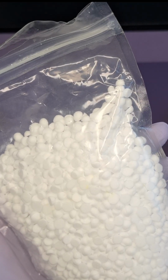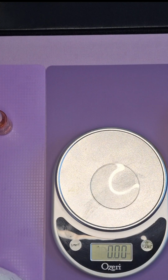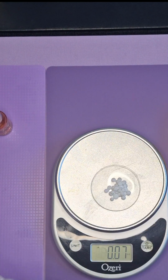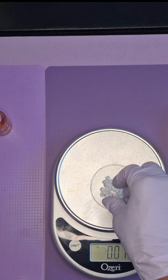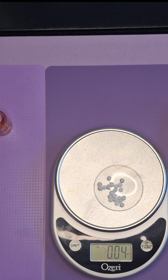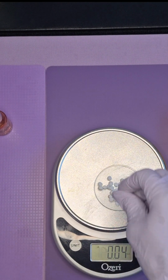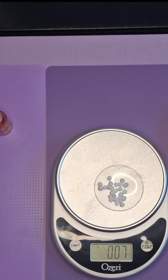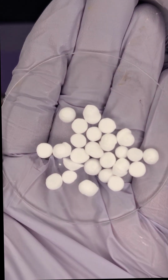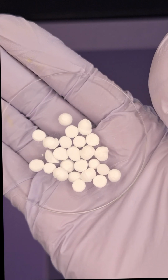I'm adding this in at 1%. Again, I was having issues with my scale. It's supposed to be 0.06 ounces, but it kept going to 0.07 ounces. So honestly, that one little number is not going to throw the recipe off. I am so used to formulating in ounces, so I might just go ahead and start doing my recipes in grams. So for this recipe, the cetyl alcohol is going to be used simply to help the mica suspend better,